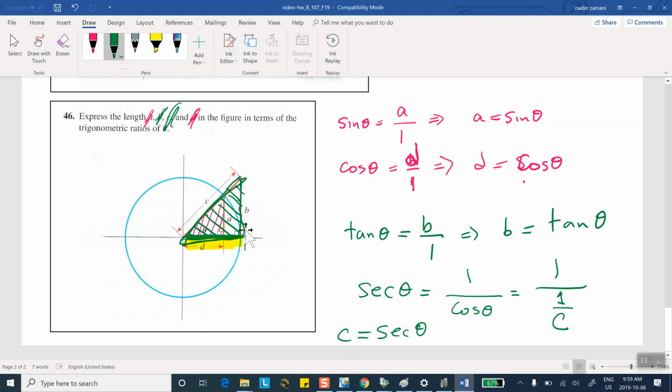Okay. I just want to double check this last one that we did. We looked at the big green triangle. Secant of theta is by definition 1 over cosine of theta. So look at that big green triangle. What is the cosine of theta? It's adjacent, which is the radius of the circle, which is 1, divided by the hypotenuse, which is C, and therefore C is equal to secant of theta. And that completes the